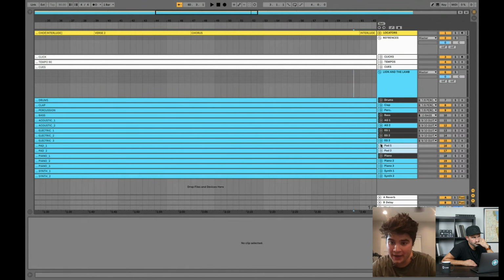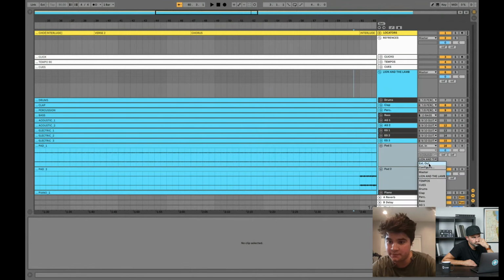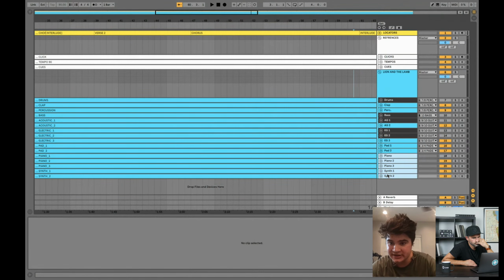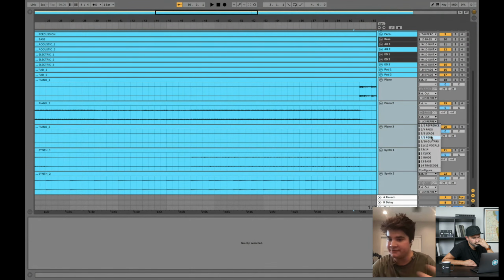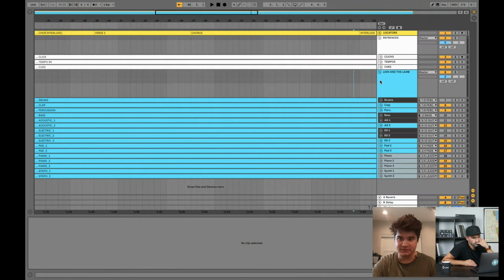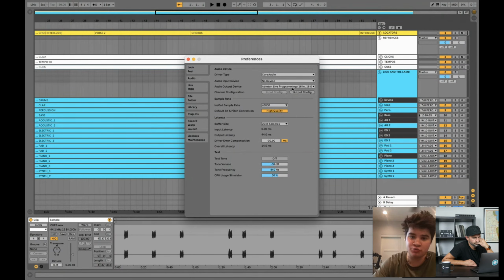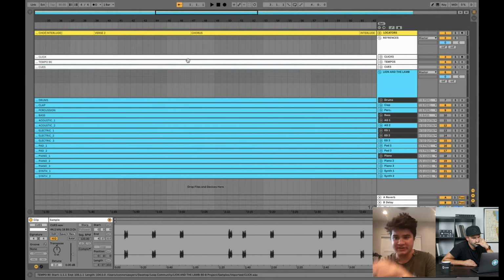Pads are obviously going to go to pads just because those are the big sounds that we use. Leads is always going to be these bottom four, the synths and the pianos. That's going to be routed to leads. If I had any vocals, I'd route them to that. But here's something that happens when you route everything to all of these different outputs.